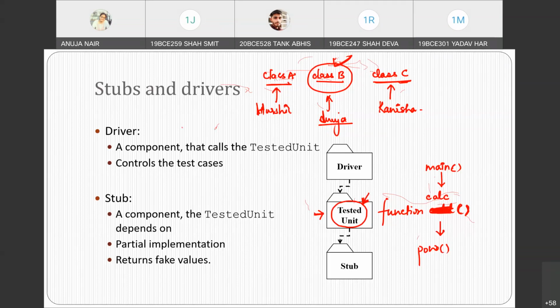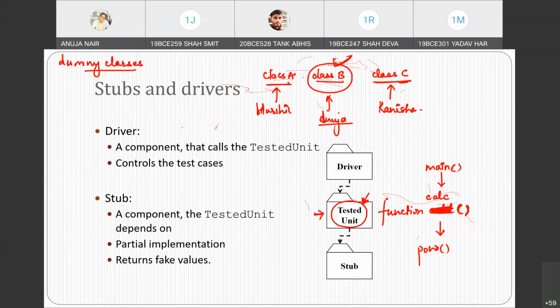That's not possible, because they will be doing it at their own pace. But I want to test this. So what will I do? I will create dummy components or dummy classes, just so that I can test my module.